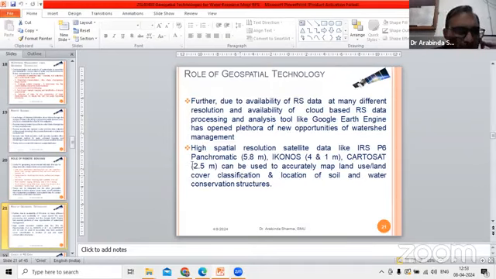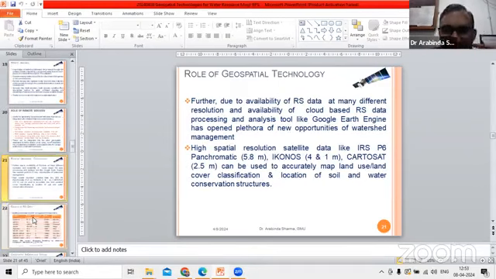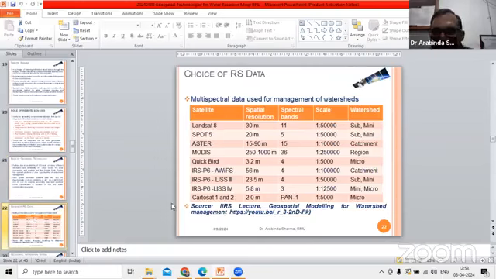तो इसका एक मैंने टेबल बनाया है। I have just prepared a table like this, because remote sensing जो डाटा है वो different resolution में अवेलेबल है। ओके, डिफरेंट रिजोल्यूशन में अवेलेबल है। तो मैं रिजोल्यूशन या स्केल की बात कर रहा हूँ, तो सभी स्केल सब जगह एप्लीकेबल नहीं है। कौन सा डाटा के लिए कौन सा एरिया में यूजफुल है, वो मैंने इस टेबल में एक ट्राई किया है कि मैंने पुट अप करने की।